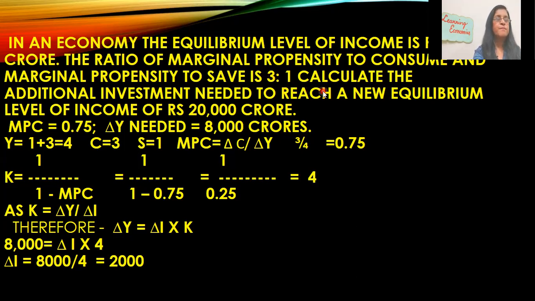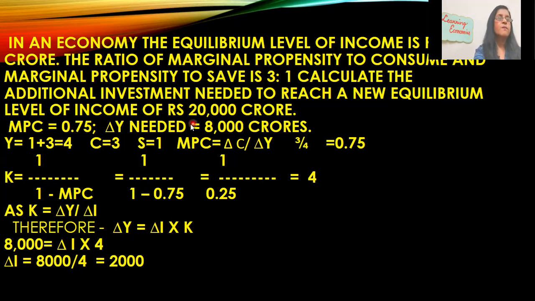This you must understand. Calculate the additional investment needed to reach a new equilibrium level of income of 20,000 crores. Now they are asking to reach a new equilibrium level of income of 20,000 crores. MPC is equal to 0.75, because the ratio is given 3:1. That means 75% goes to consumption, so MPC is equal to 75 upon 100, that is 0.75, and MPS will be 0.25